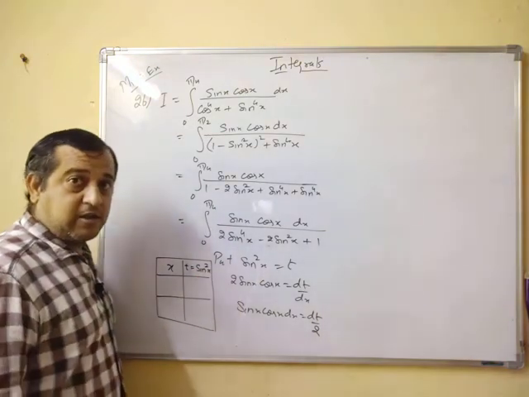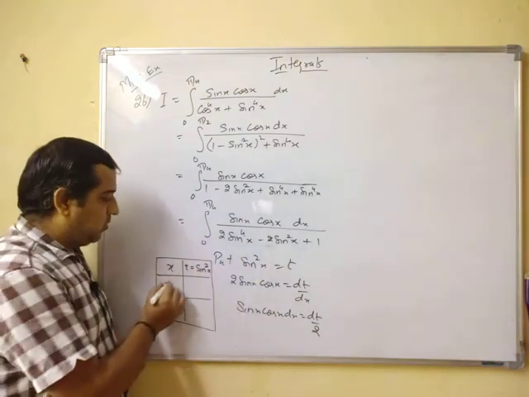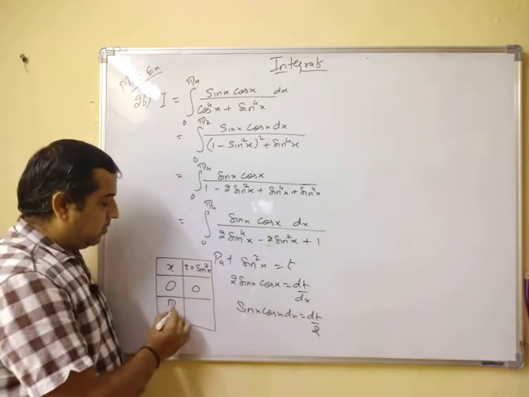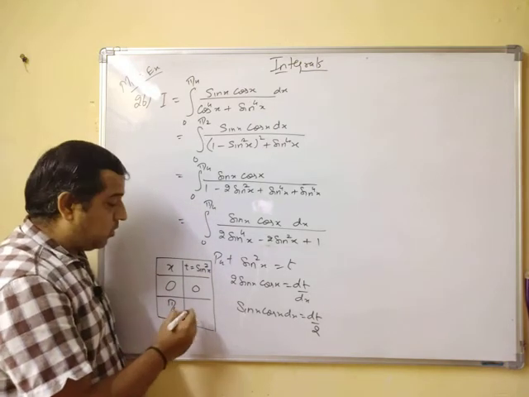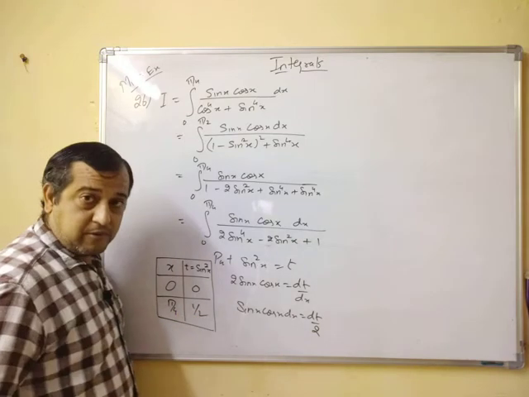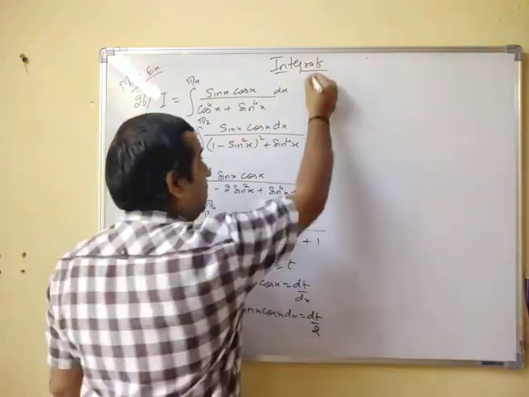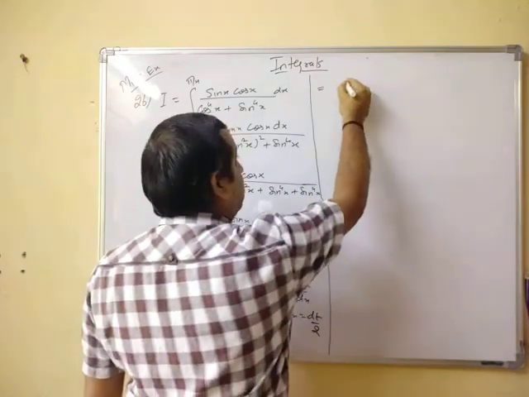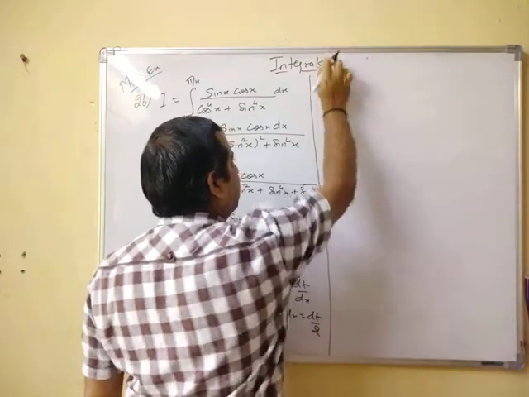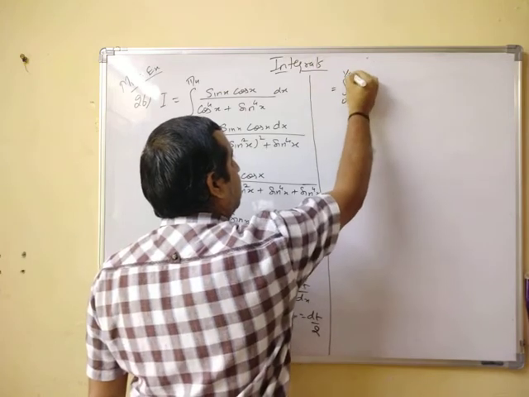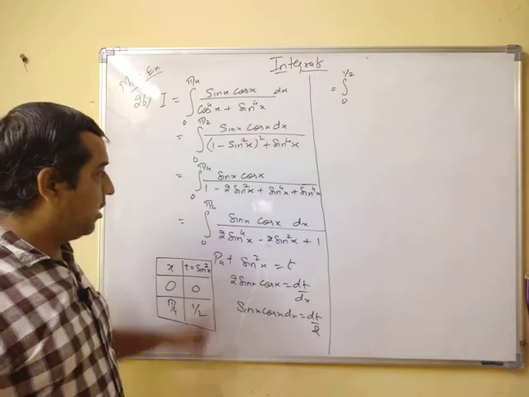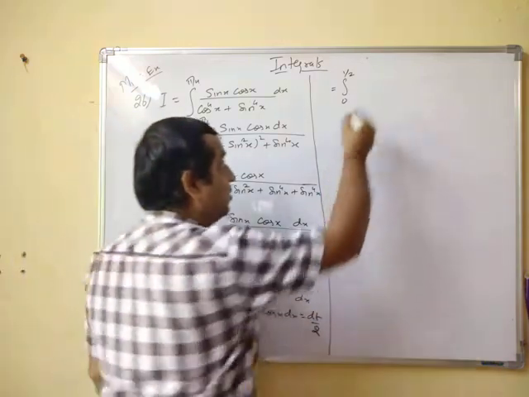Now as far as the limits are concerned, t is sin square x. We take the limit of x as 0, sin of 0 is 0. We take x as pi by 4, sin pi by 4 is 1 by root 2, square of it will be half. Okay, so we get this. Now this leads to integral from 0 to half. Lower limit will be 0, upper limit will be half. Sin x cos x dx turns out to be dt by 2,